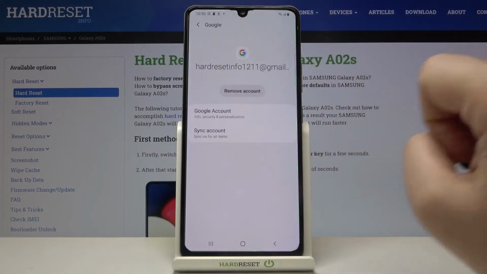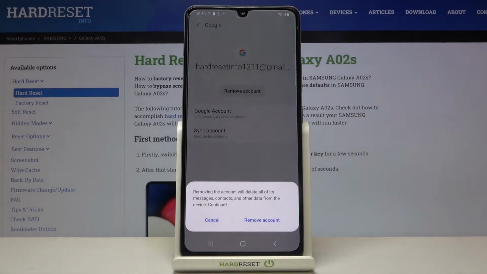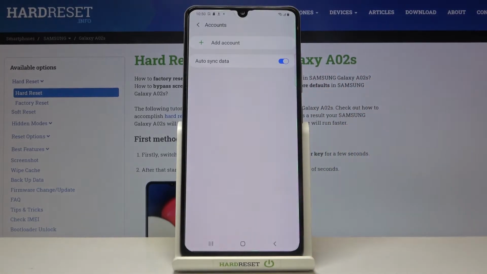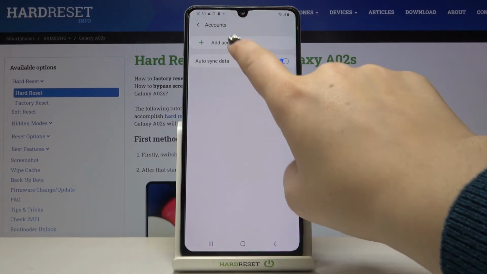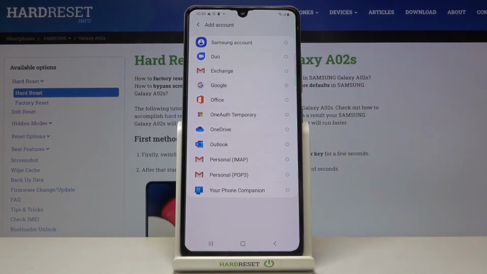Just tap on it, and here let's tap on remove account. Tap on remove account again, and as you can see, it immediately disappears from our list, so it means that we successfully removed it. Now in order to add new one, simply tap on add account, choose Google, make sure